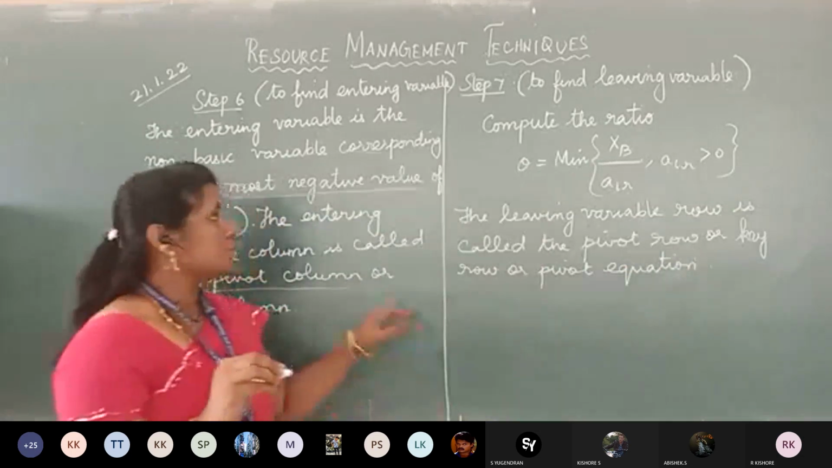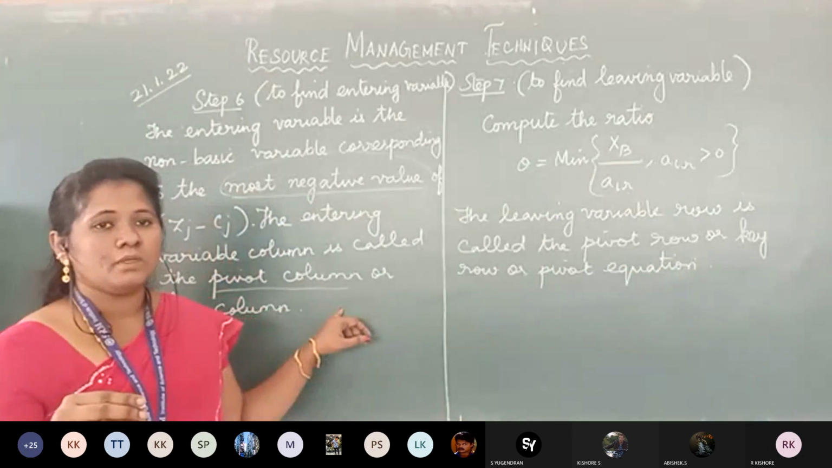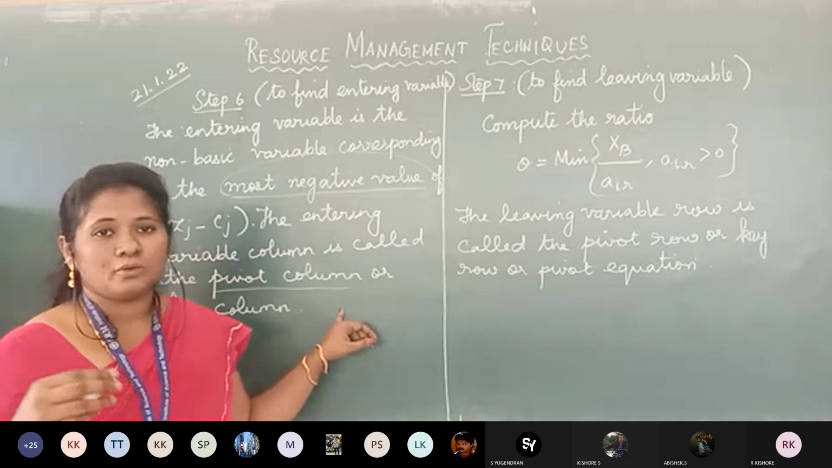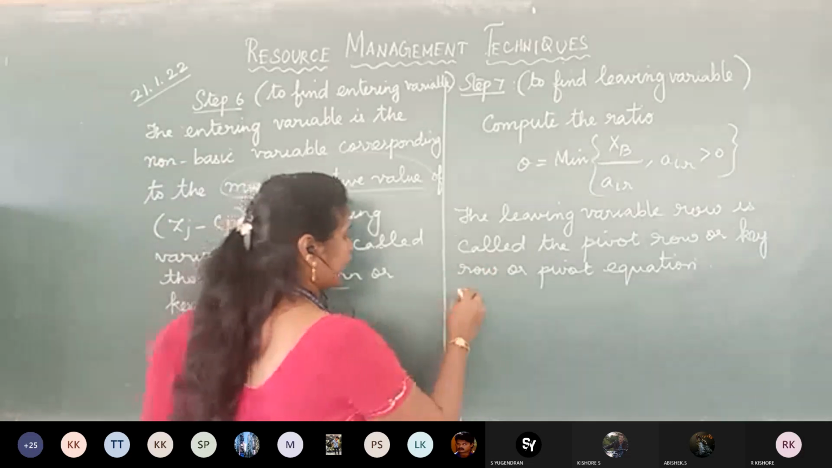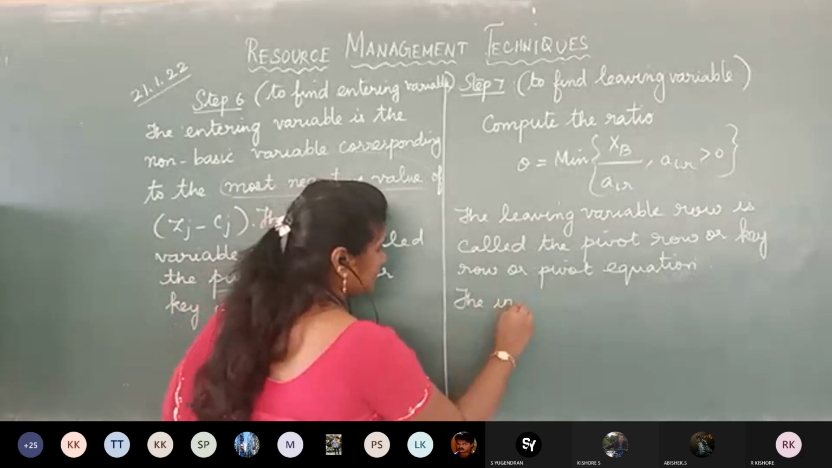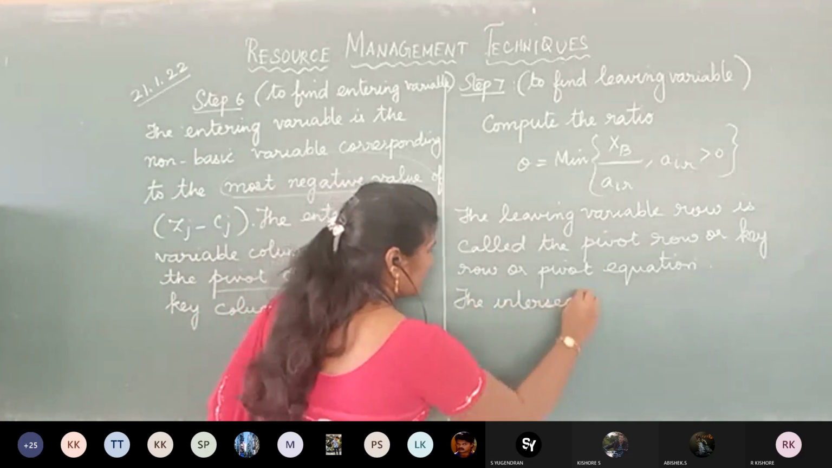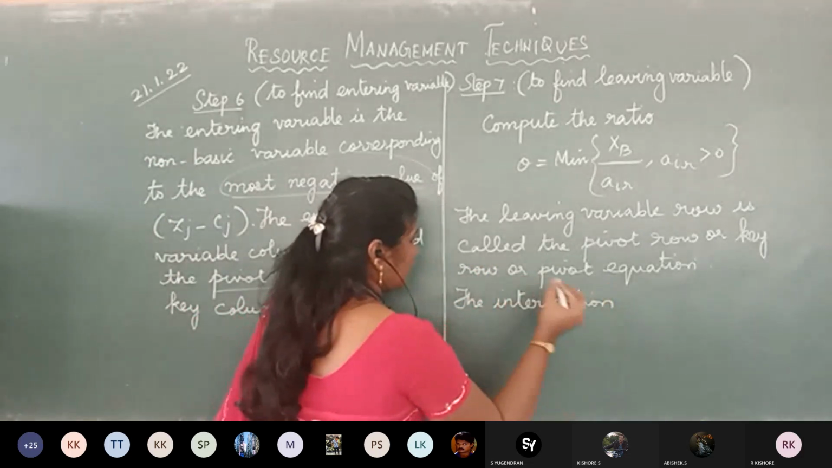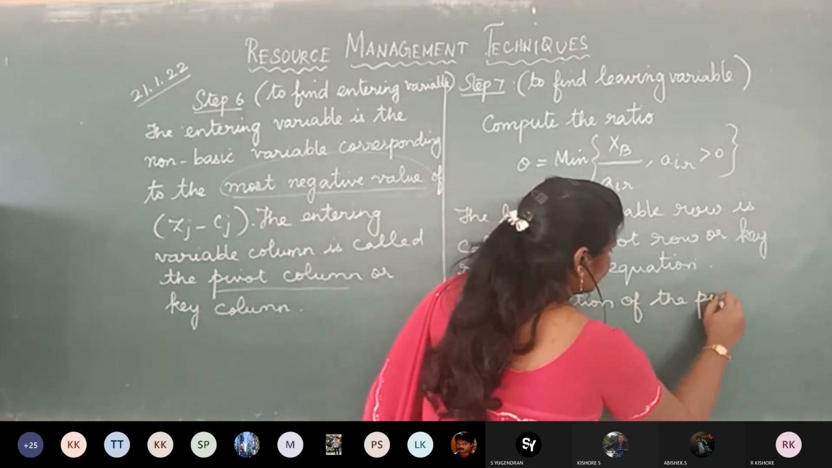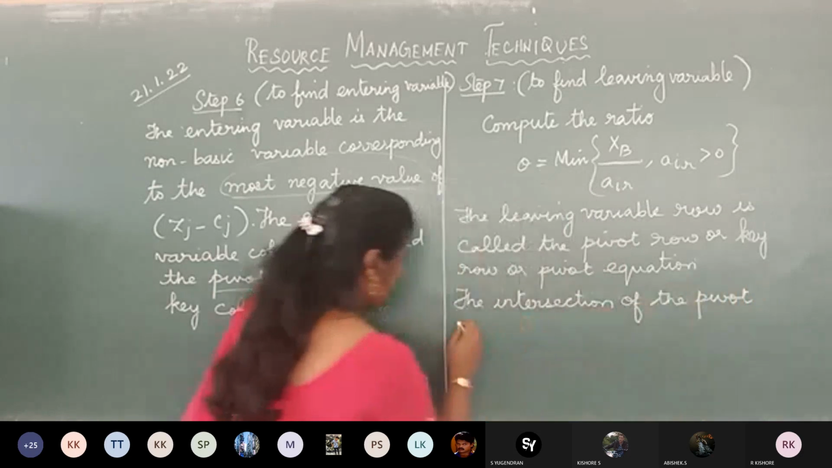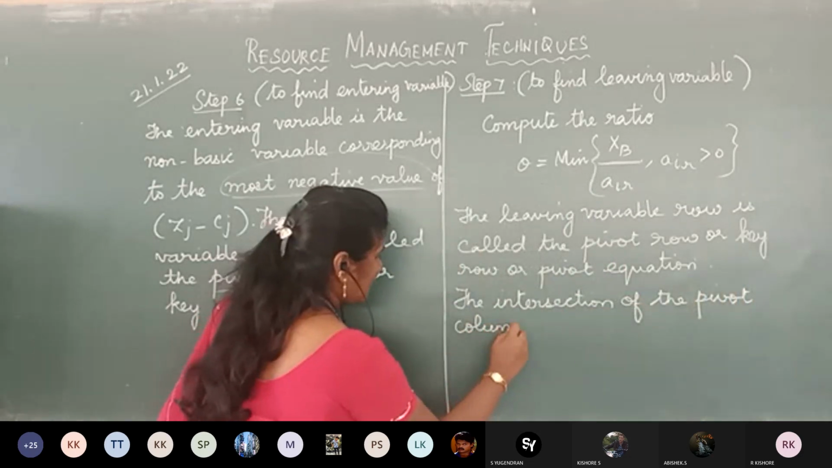So in your step 6, you will be finding the entering variable. In your step 7, you will be finding your leaving variable. And then you'll have to find the intersection of the pivot column and